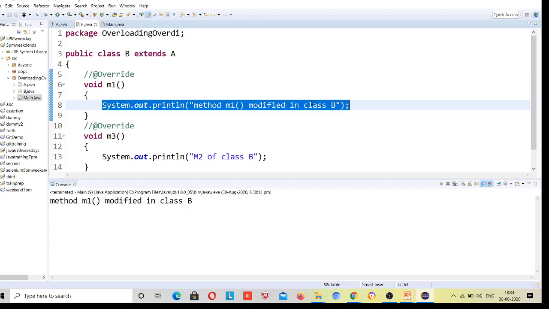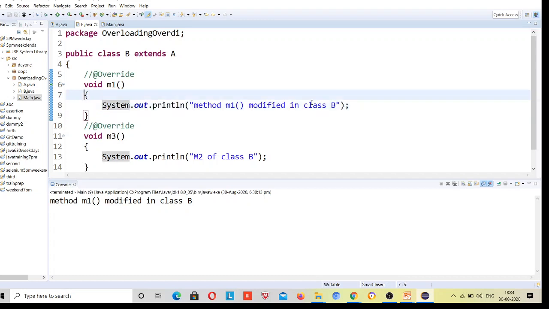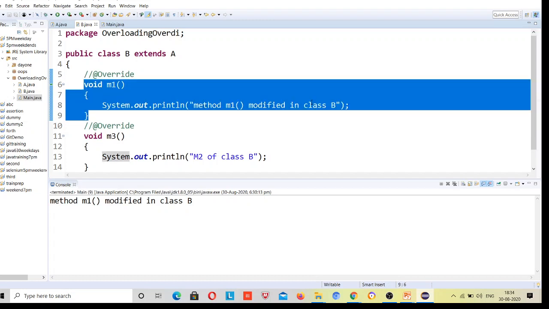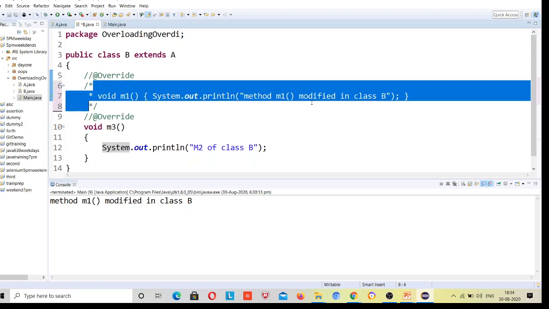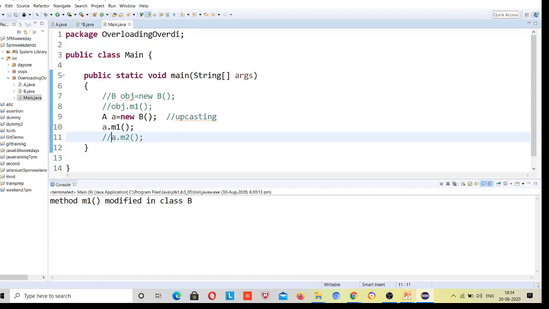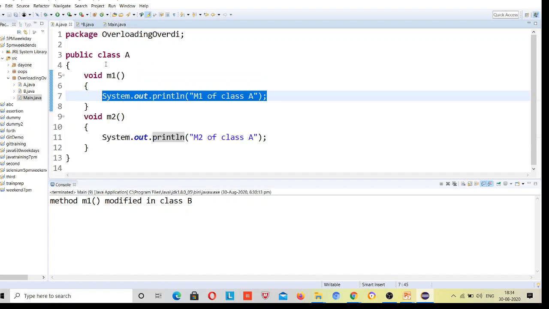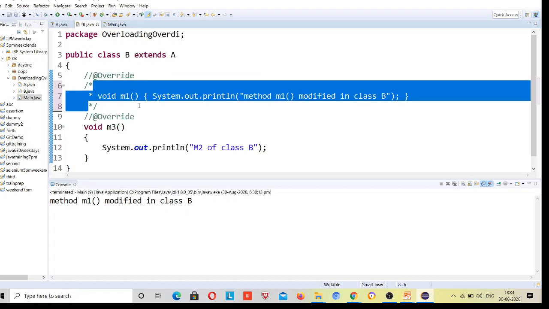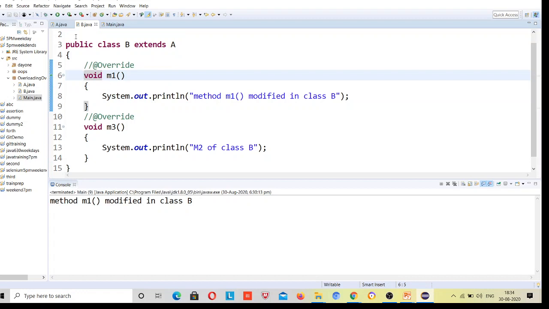And there is a rule: if this method is not present in class B, then it will print for class A. You can see there is no error. If I was using B is equal to new B, this would have been giving an error. But it will print this child class method.